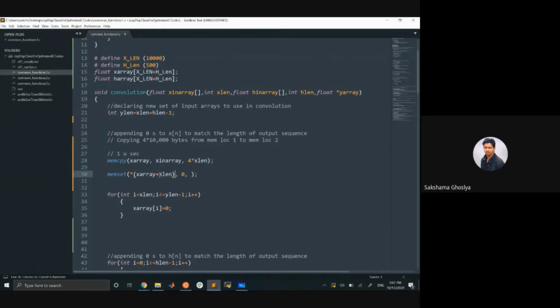You have a complete memory location of this 10,000, but the first 4 into X length you copied here. So the remaining 500, you are supposed to make them 0. So the memset takes a memory address, the starting address in the memory from where you want to start. What this function will do is start from this particular memory location and set zeros, and for how much memory, how many bytes, which is